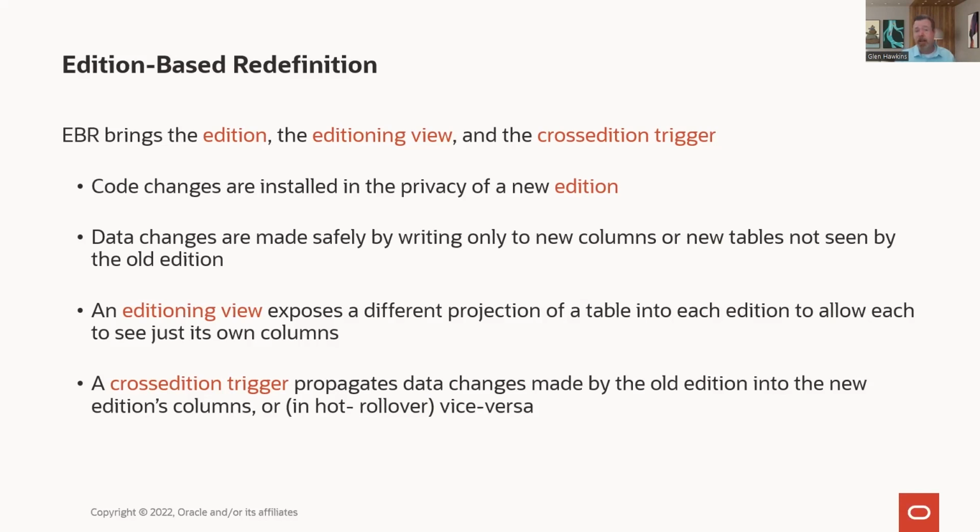We need to get this into the lifecycle. We need to put those editioning views in front of the tables, and by far the easiest way to do that is the way I described, to put that underscore in front of the table name. But there are some things to think about to achieve this. Once you have your edition, your editioning view, and your cross edition triggers there,